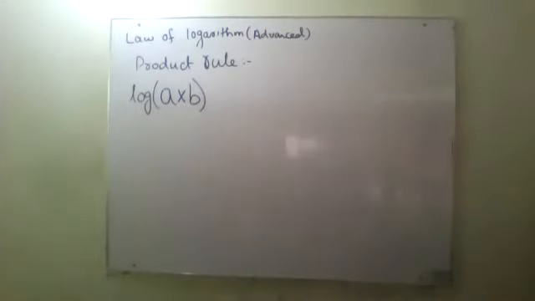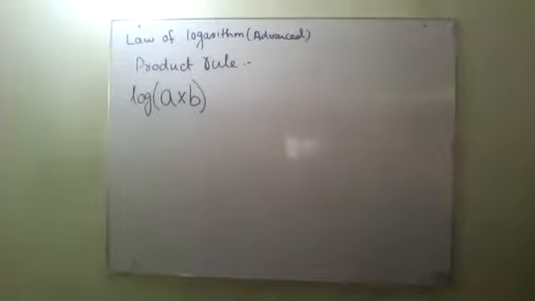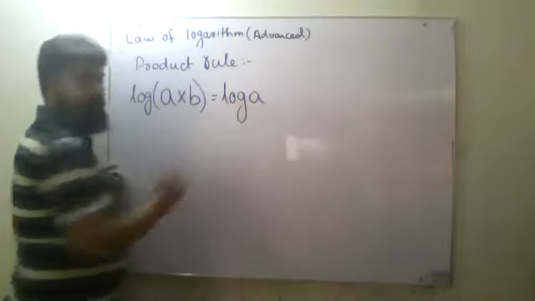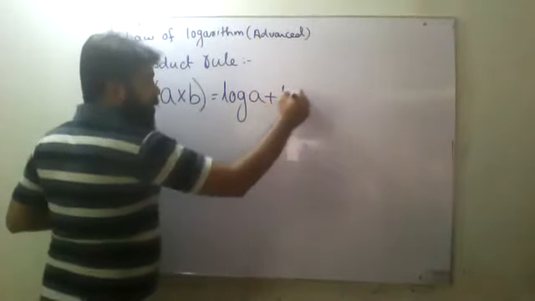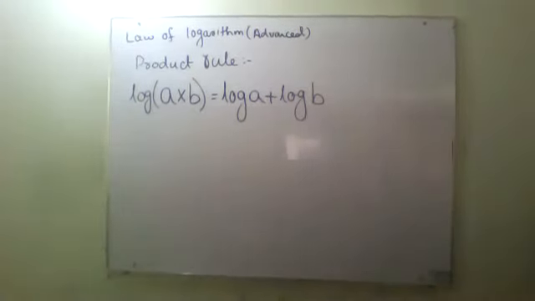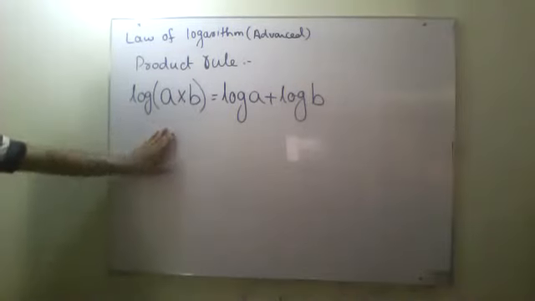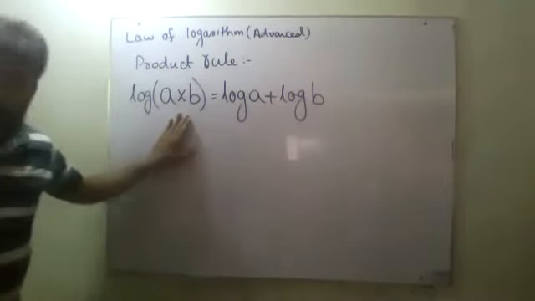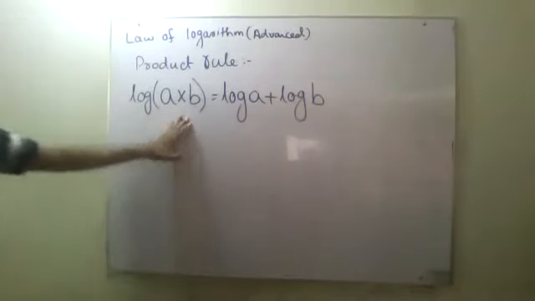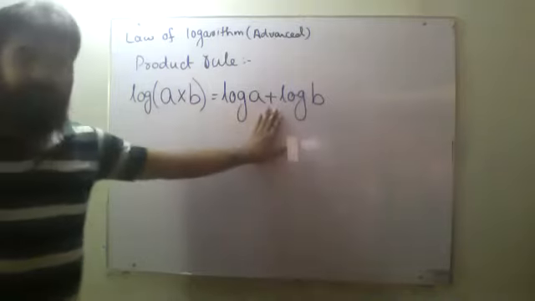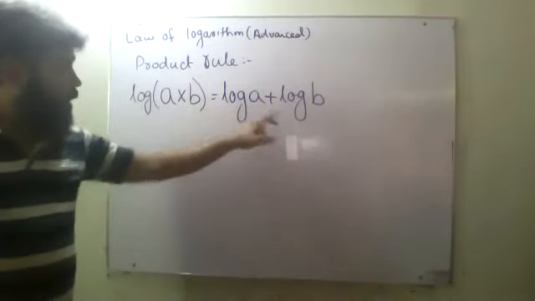So what we are going to do, we are going to write log A plus log of B. Okay, log of A plus log of B. If a product form is given to me and log is written before it, I will apply log on this one, and what will happen? Both the things which are in the product form will be written in the addition form with log applied separately to each of them.